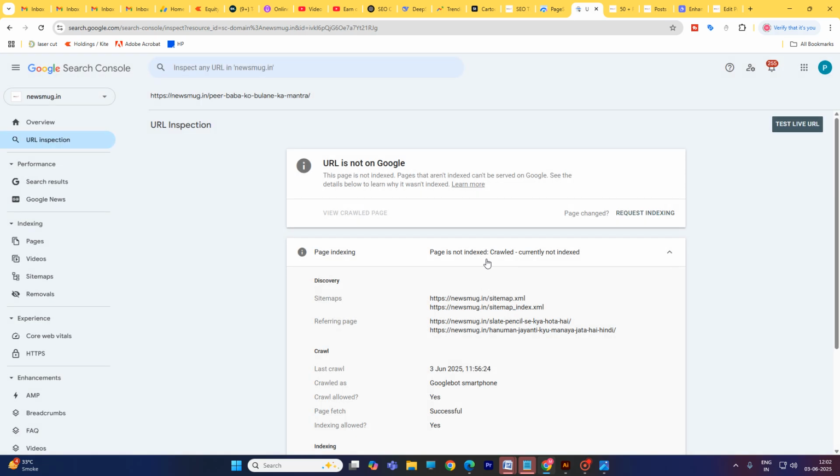Not indexed. You can wait 4 to 5 minutes and you will definitely get a good result, a green signal. This is a very simple and useful technique.